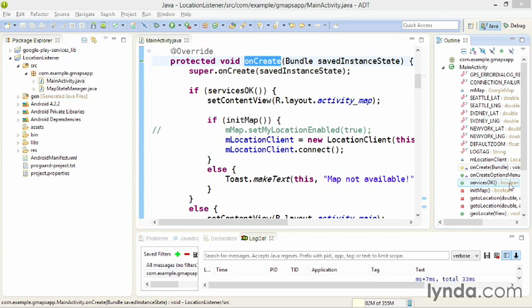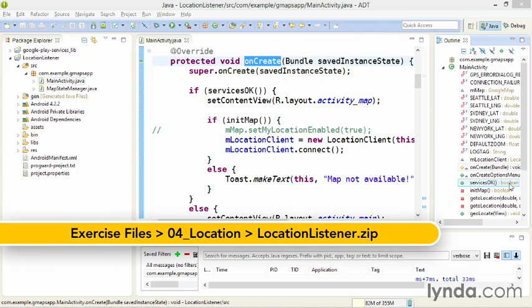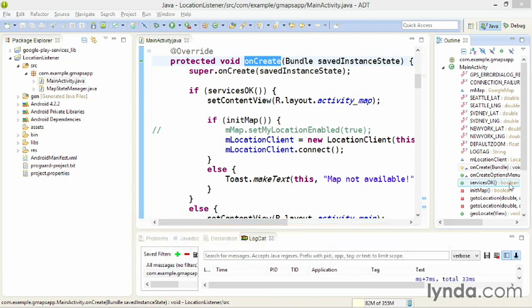My Android app now has all the code that's needed to display the current location when the user requests it, but it's also possible to set up a recurring location check that reports to the app when the location changes, using something called a location listener. I'm working in a version of the project now called Location Listener, and I'm going to start by adding code